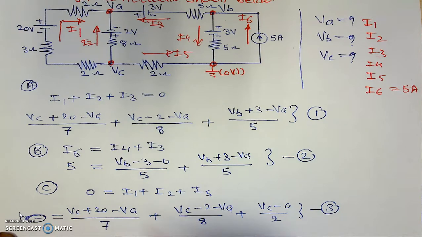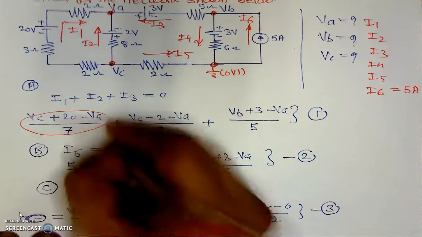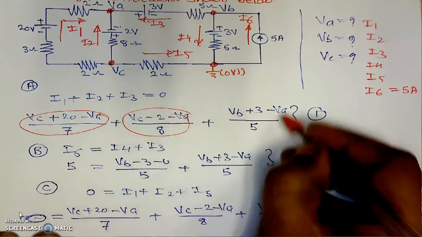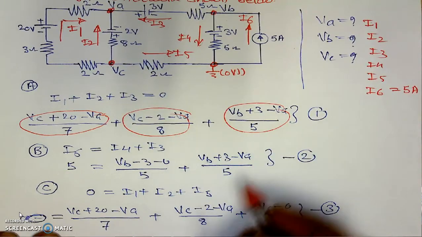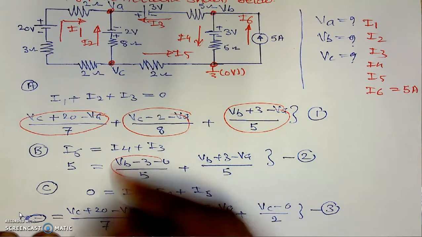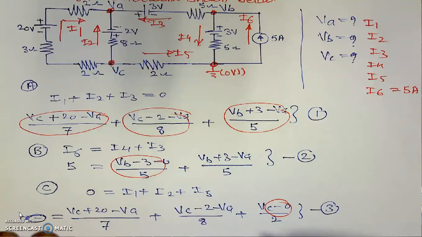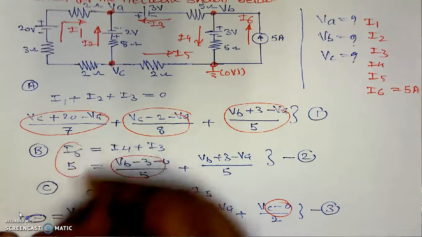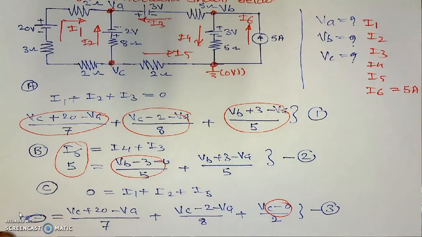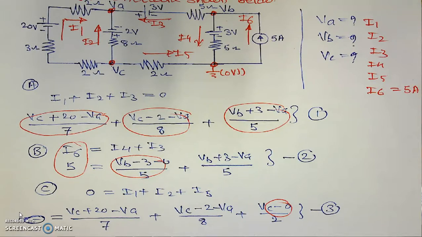In this way we are able to calculate I1 by this formula, then I2, I3, I4, and I5, and we are already aware of the current I6 here. In this way we are able to calculate all the currents by using this particular method, which is nothing but the nodal analysis. Again here I am telling that I am not taking the care